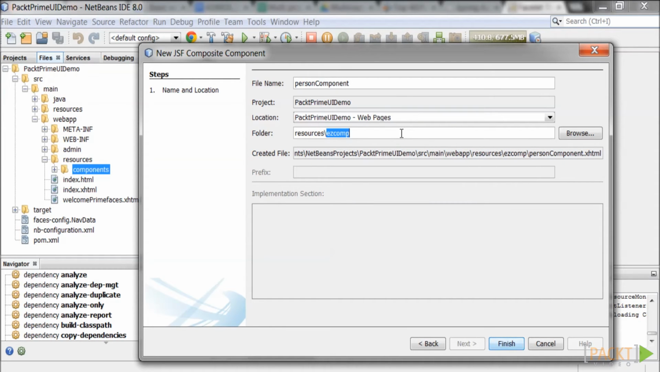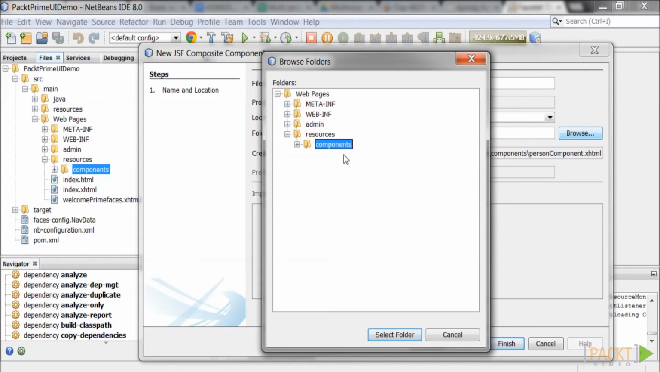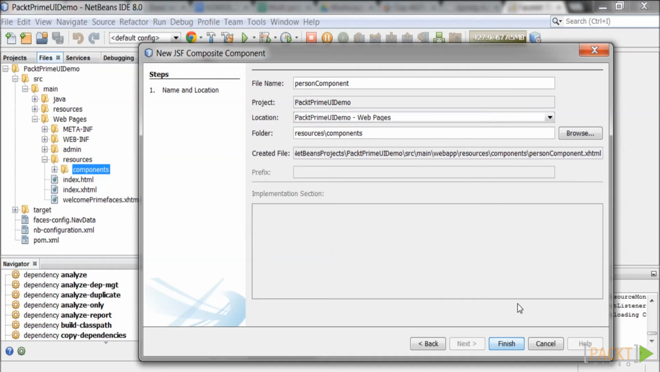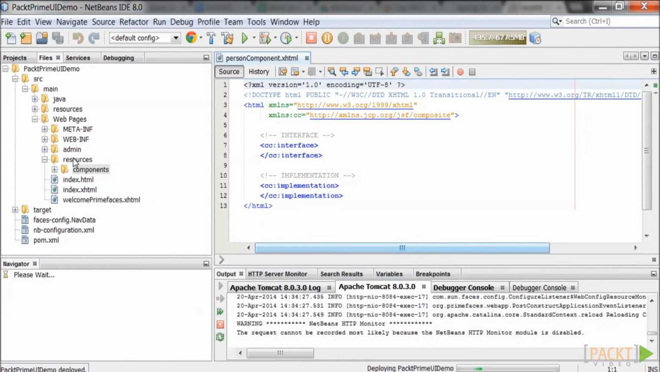Change the folder to Resources/Components. You can also change the folder by clicking on Browse and selecting Components under Resources. Click Finish when done. Open the new file called